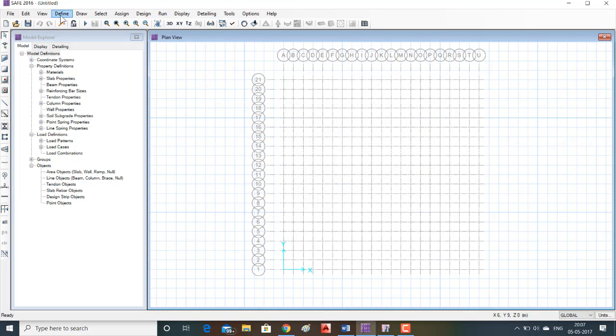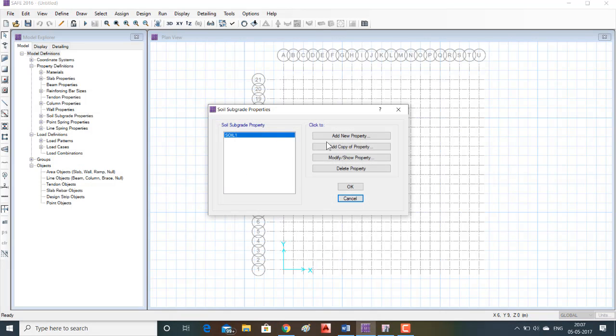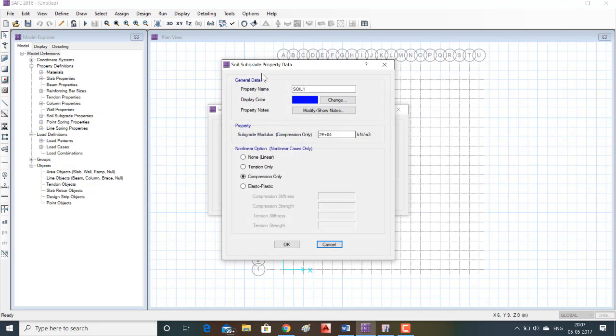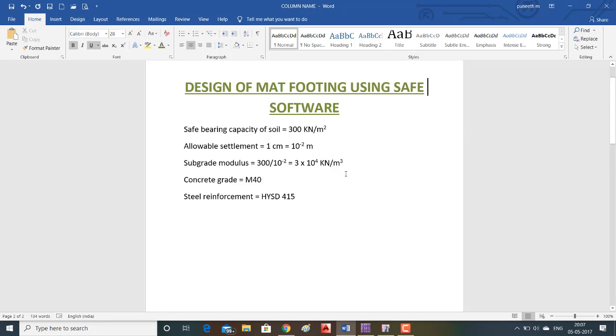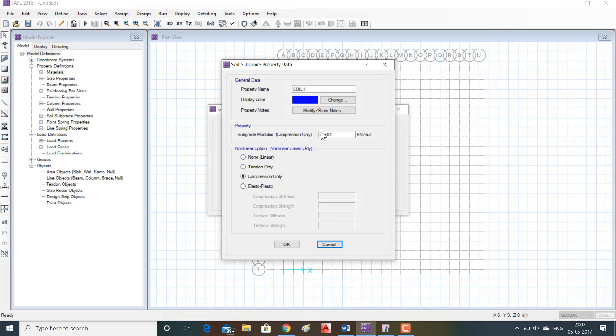Go to define soil subgrade property. Modify the property. Property name is soil 1 and subgrade modulus is 3 into 10 power 4. Just type 3E4. Click on OK.